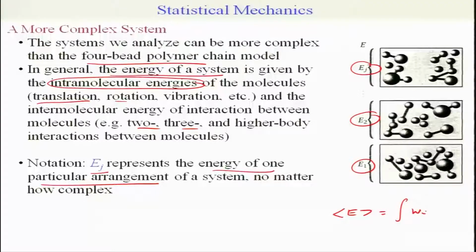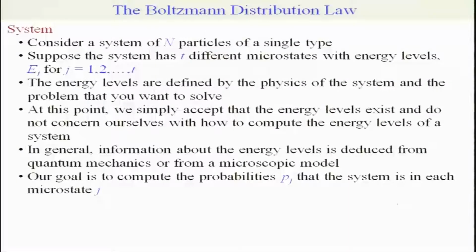some weighted average over these individual energy levels to obtain the average energy. And the question is basically what is Wi, that is the weight of each individual energy. This is something which we are going to learn very quickly. Let us consider how to derive this Wi, the weight. So, let us consider a system having n particles of a single type. So, that means they are of the same type, there is no mixture in the system,